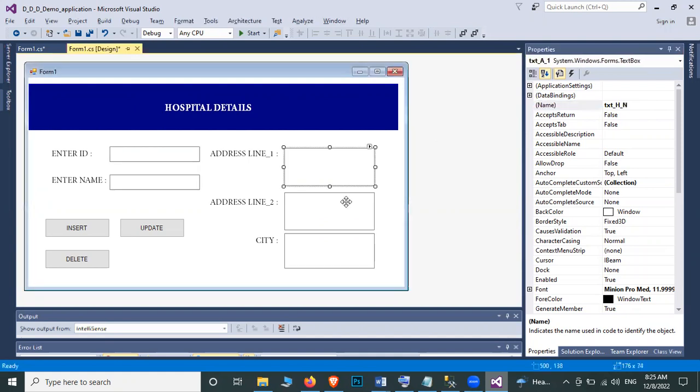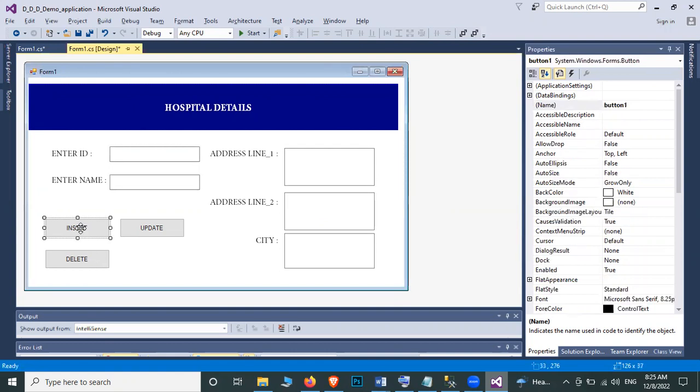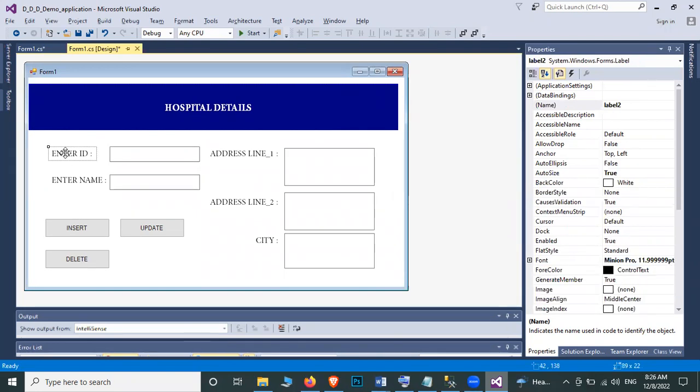And then we have given proper names to each of these text boxes. Now it's time for us to give a name. For the label, it's not needed because using the label, we are not going to do any coding inside the